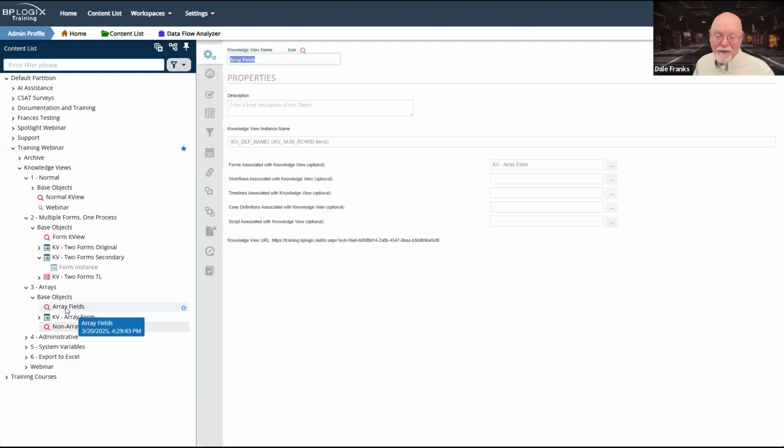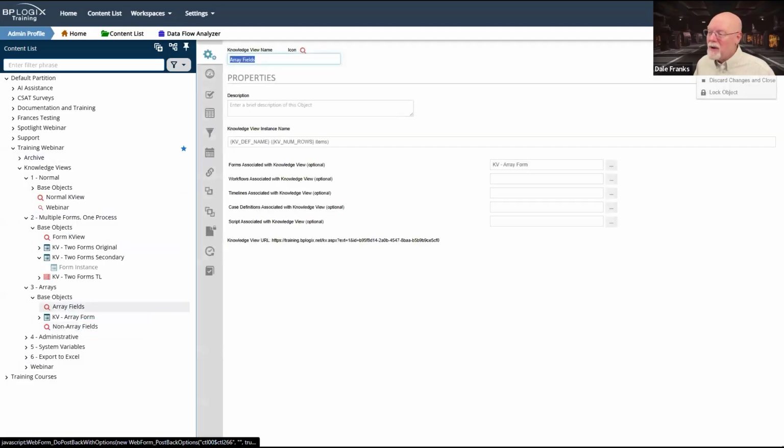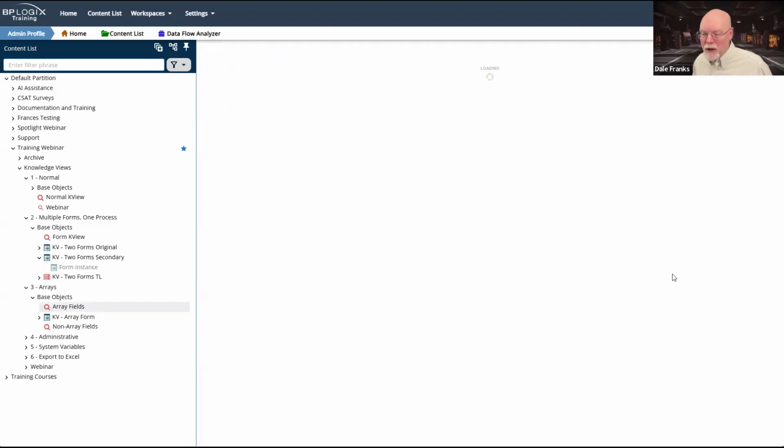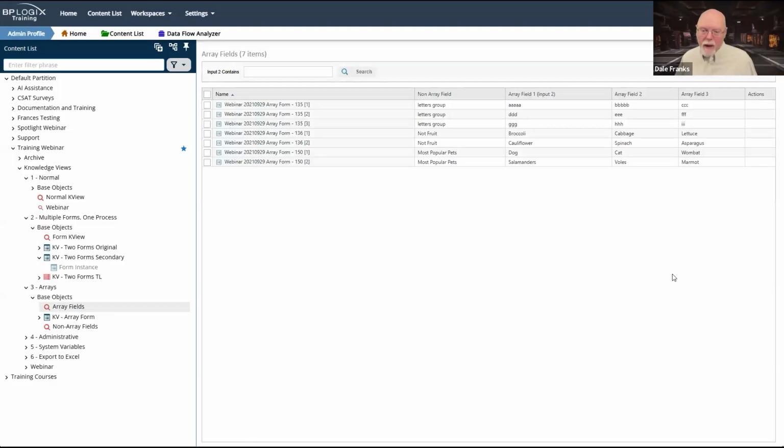It is, in fact, much easier for me to see that relationship if I just go ahead and return the same row for each row in the array, and I just pull 3 rows for my knowledge view.